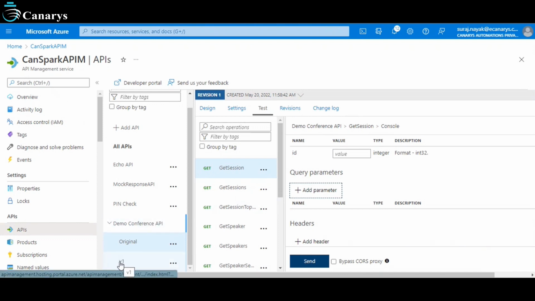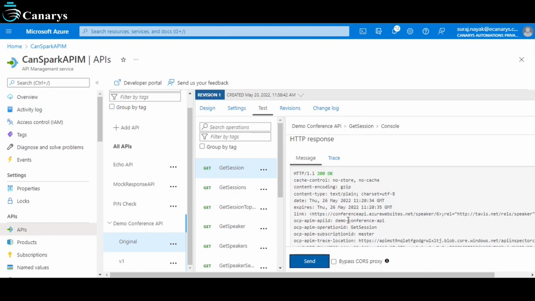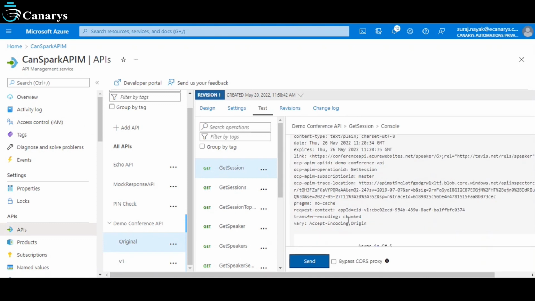When you click on this version and you set the policies, it will be applied for that version and that API level. But if you set it at a global level, then that's a different story. So let's see here. We are not getting the tech stack. Okay. But then in the V1,